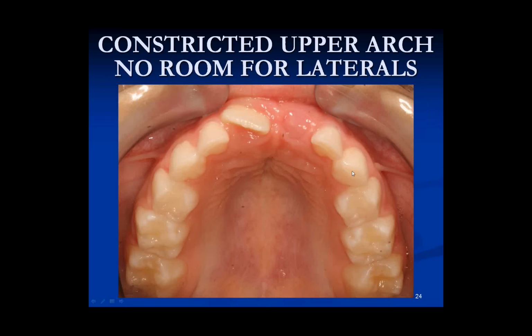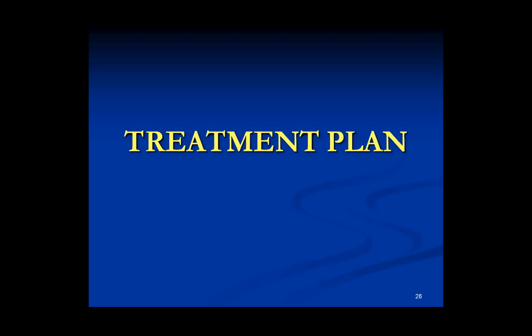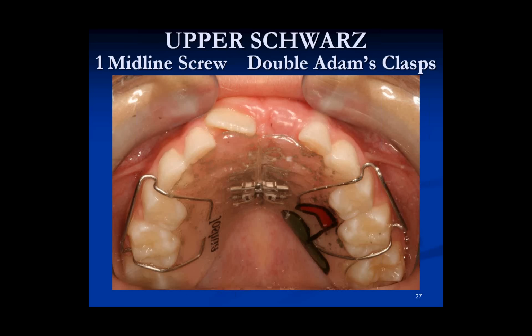And if there's no room, you have to develop the arch. And so that's the simple rule. So the easiest appliance to use, and this has been around since 1935, the Schwartz Appliance, has got 2 pieces of plastic with a midline screw. And all you do is tell a patient to turn that screw twice a week, and that develops the arch,